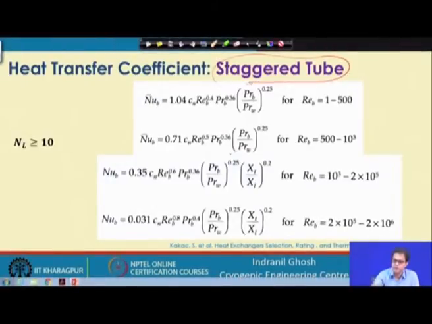When the tubes are arranged in staggered condition, these are the set of correlations. This is relating the Nusselt number, the Reynolds number and Prandtl number, and this is Prandtl number B and Prandtl number W. So, they are different. They are both the Prandtl number,